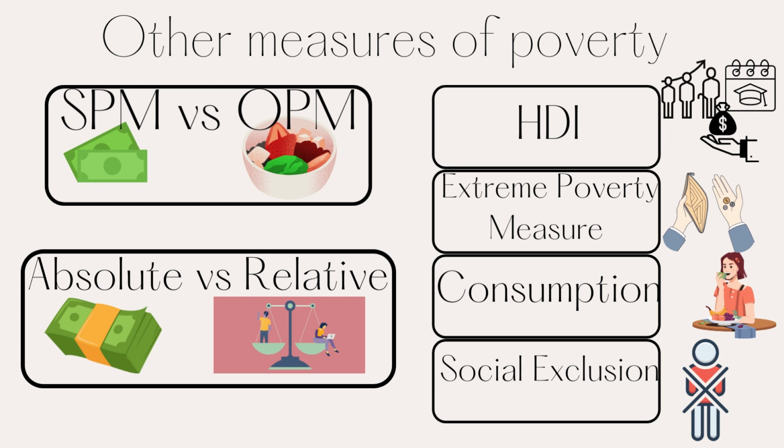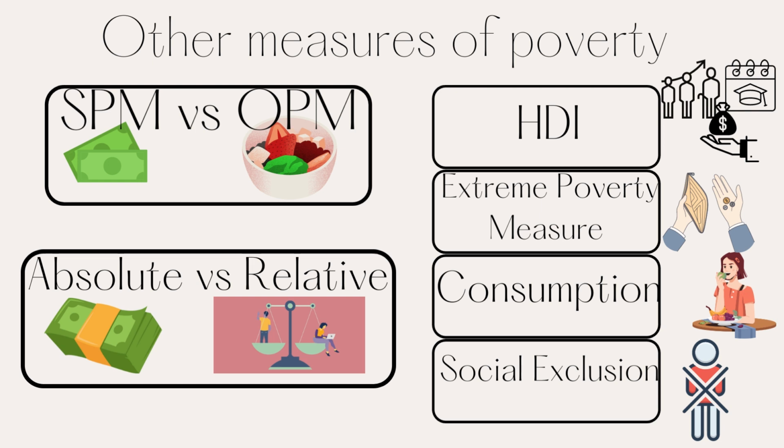The next is the relative poverty measure, which is the comparative economic deprivation, according to Iceland, that is relative to the society's standing on economic, social, and cultural development. It is also based on the cash income from the household, but the threshold is based on 60% of the median income. But the disadvantage to this is that on some level, if society is affluent and you fall below the 60%, you may be categorized as being in poverty, quote unquote, but you may be having all your basic needs met, which means that it's a very not accurate measure for people who fall just below the 60% median income threshold.